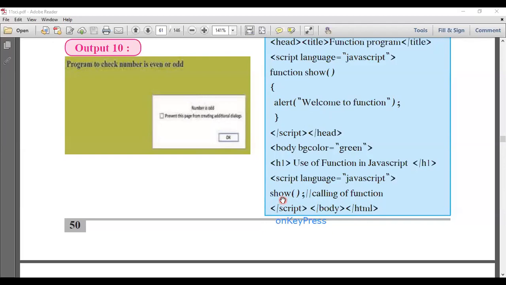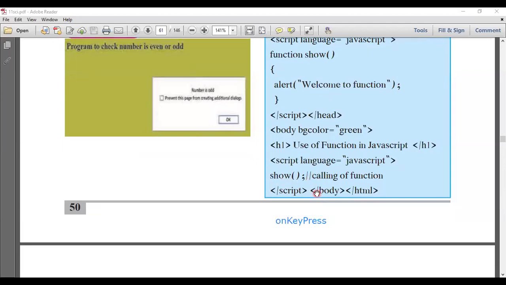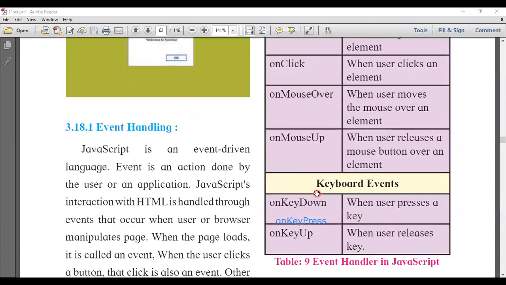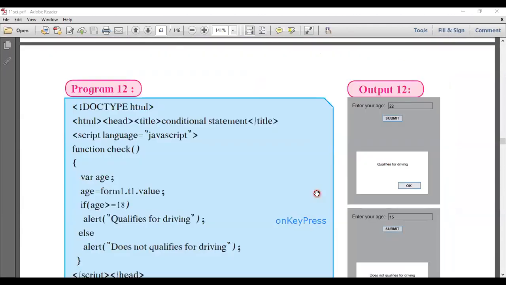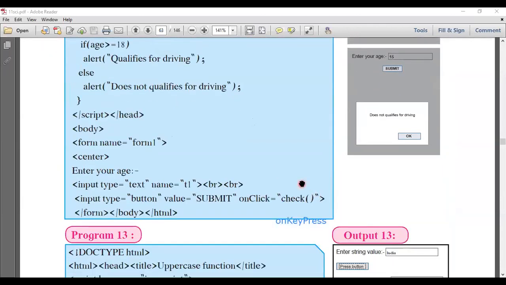The other thing is that this function can also be triggered or called by using an event. Now how can we call the functions by any event? You can see the onclick over here.